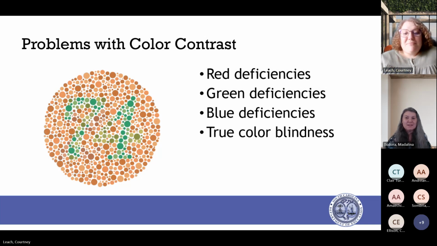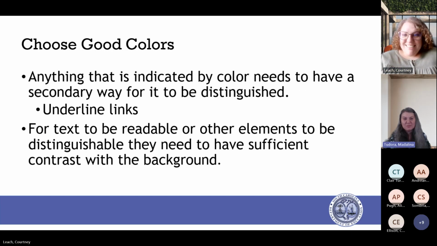Yeah, I don't know if this is familiar to anyone, but when they're testing for issues with color vision, this is one of the things that the optometrist or ophthalmologist might pull out. But I've been told the number is 74. Is that right, Madeline? Yes. Now I can cheat. Yes, the number is 74.